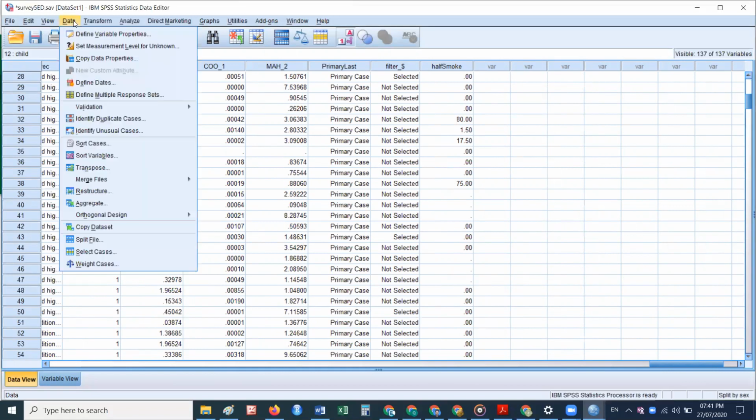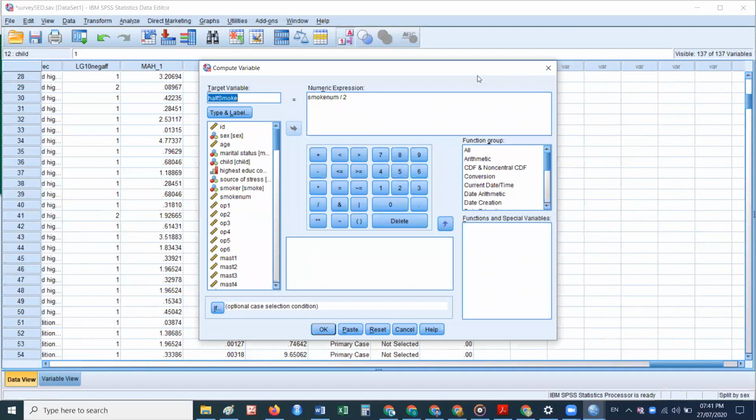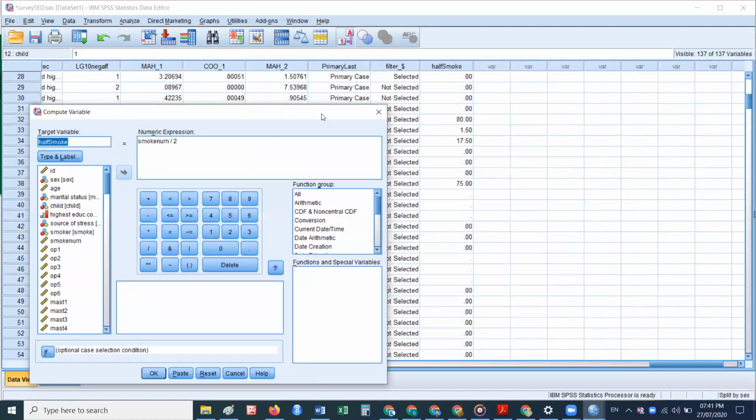So this is a very important option. You can compute another variable. You can also merge qualitative variables by this. Suppose I am interested in merging two qualitative variables. What are those two qualitative variables?